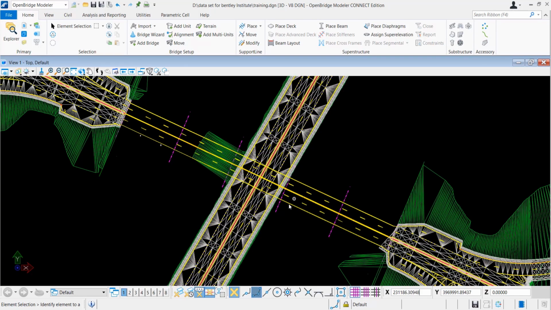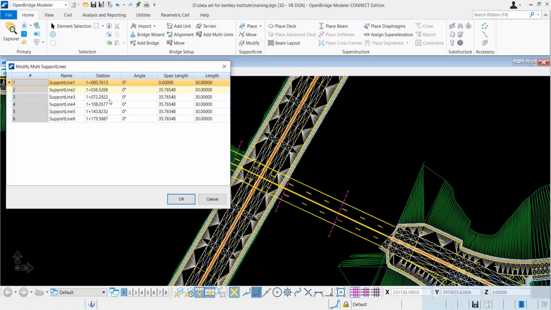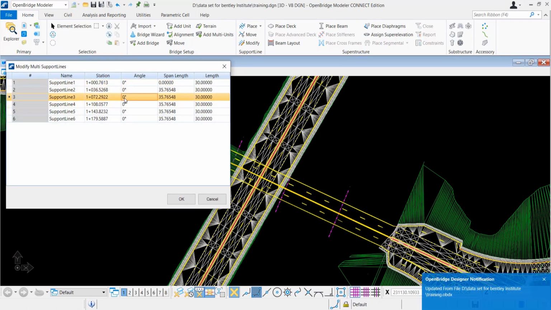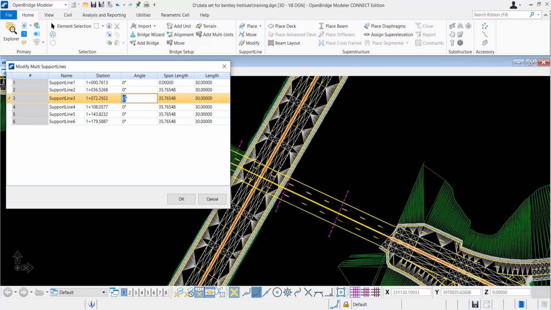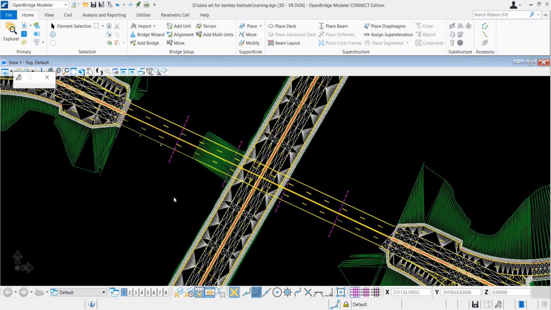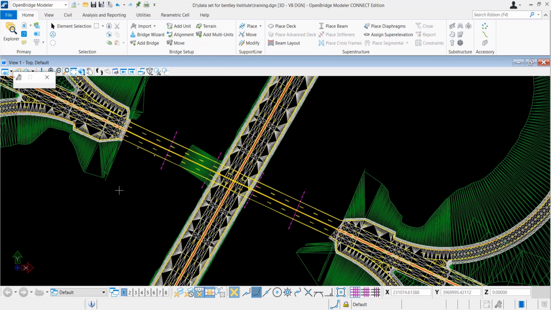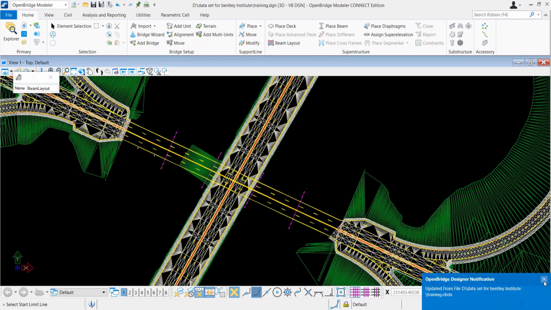I want to skew piers 3 and 4 so that they align with our crossroad. So here is the option: go to modify and change this angle to 6 degrees positive. Once I change this in the table, you can see the support lines move into the skew. That's easy. This is how you change any support line, or edit your bridge span, from here.